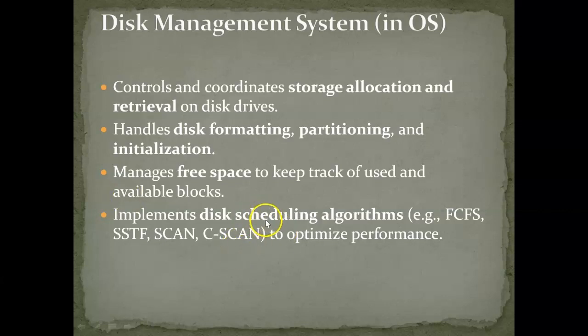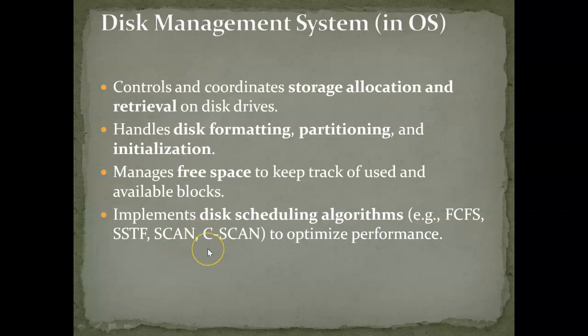Talking about disk scheduling algorithms, what usually is done is it prioritizes the disk input output requests. It decides the order in which your disk head should move to serve the read or write requests. So if you take FCFS, it decides which process is coming first, it has to be served first. That is the priority of your FCFS. Now you have SSTF. It stands for shortest seek time first. What SSTF does is it picks the request that is closest to the current position of the disk